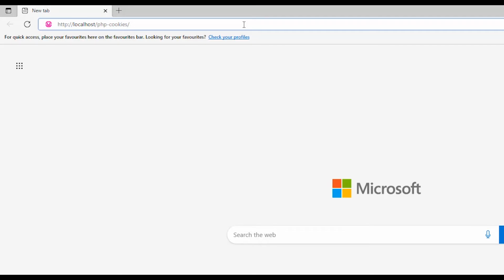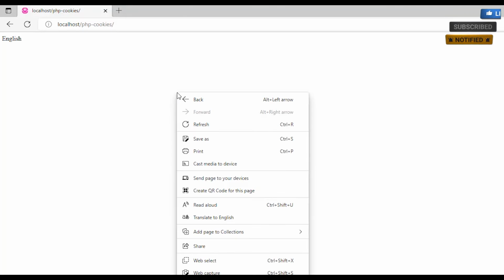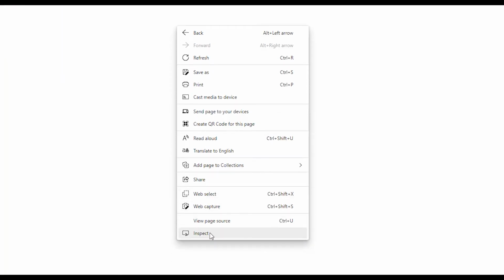Open the browser and type php-cookies, but make sure that your WAMP or XAMPP server is running. You can see that the value of the cookie is printed. But to make sure that our cookie is created, right click and click on inspect,